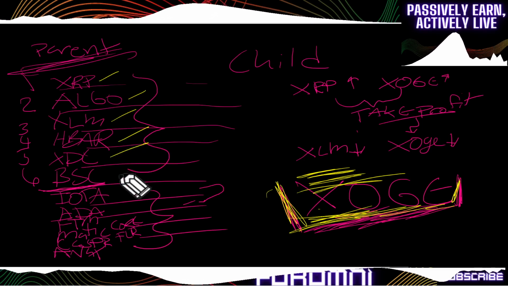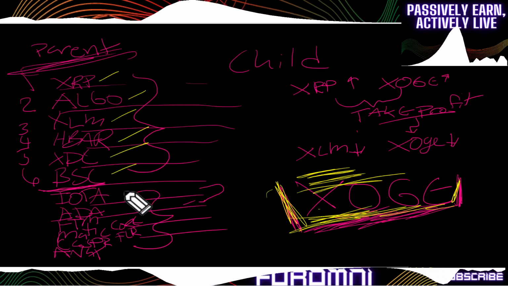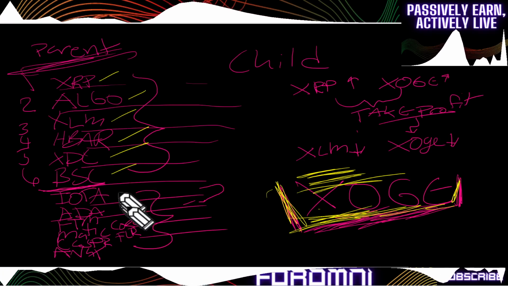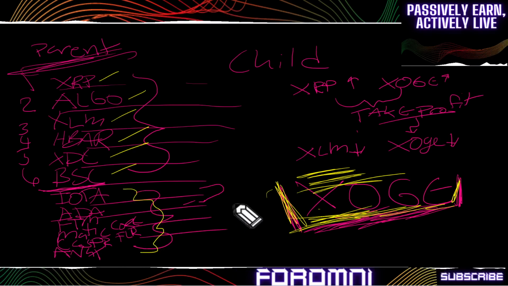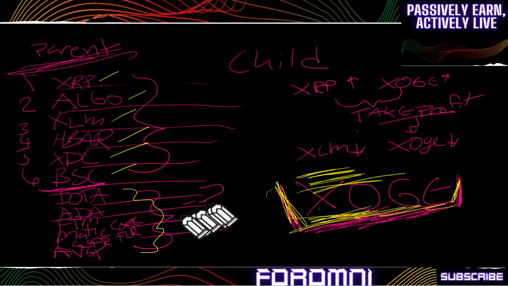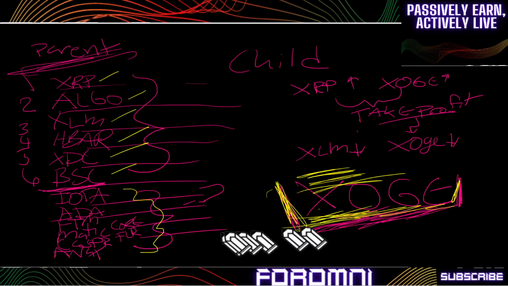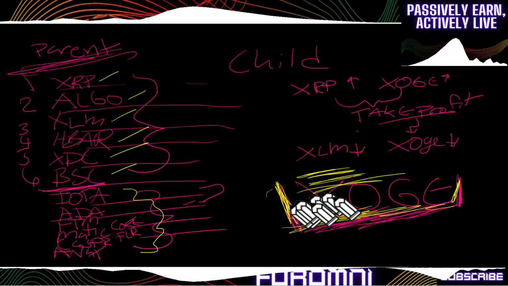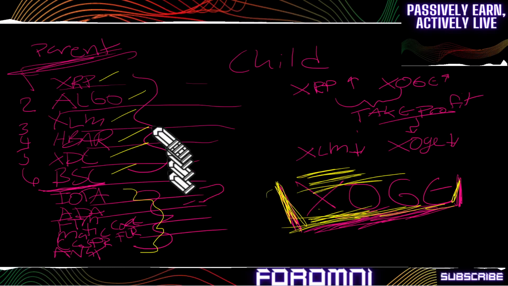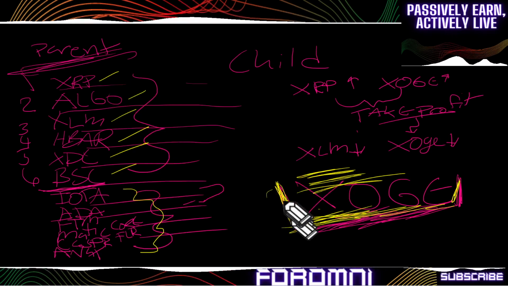Went to XDC, and then they're at Binance Smart Chain, and now they're working on going to all of these right here. Like, this is massive. It's everywhere. Literally, it is everywhere. Everywhere that the future is going to be, Xoge is already there. And by adopting Xoge, learning how to use Xoge, you are inherently learning how to use the entire decentralized realm.